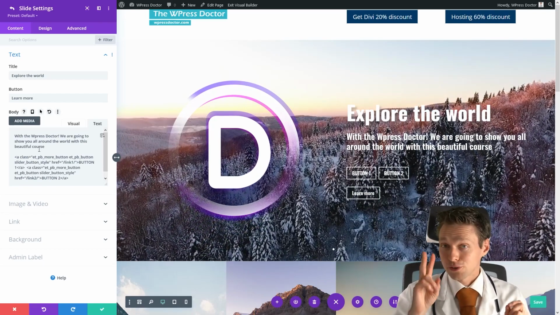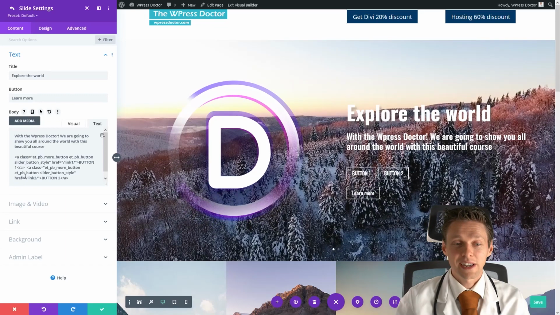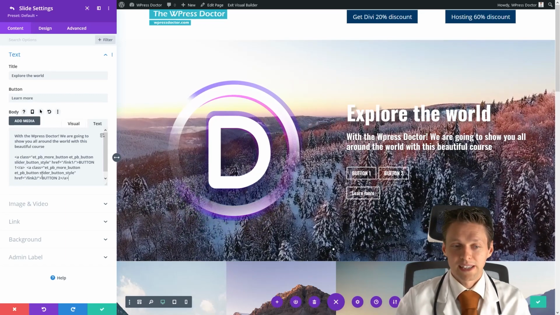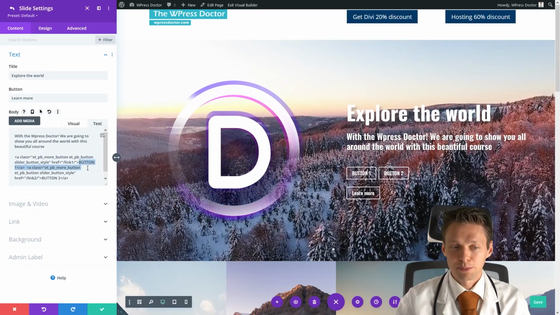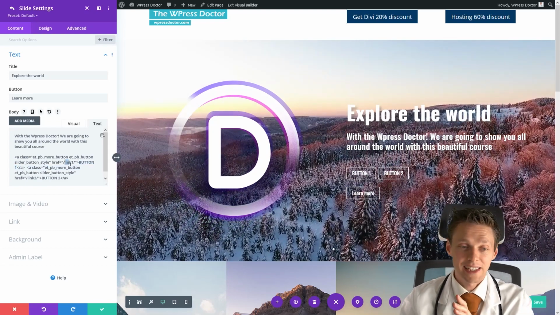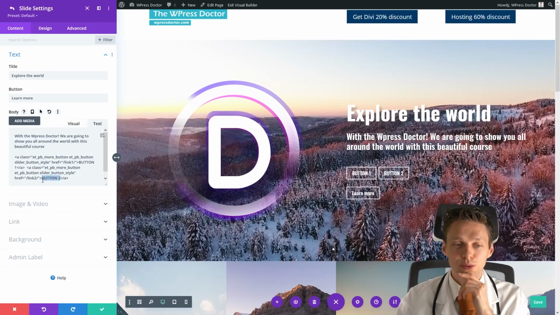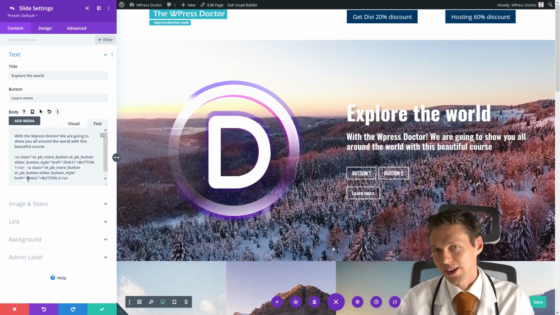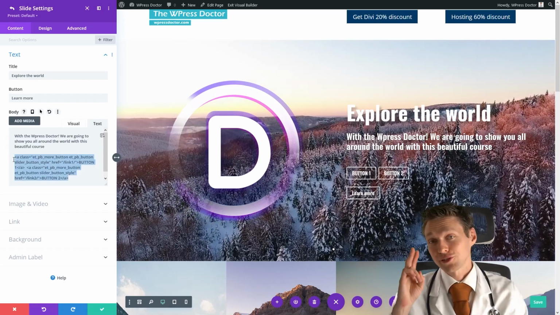And now you have 2 buttons, and those are actually pretty cool. Here you can change the name of button 1, and of course change the link. It is over here, and button 2 right there, and the link also there. So now you know how to add 2 buttons.